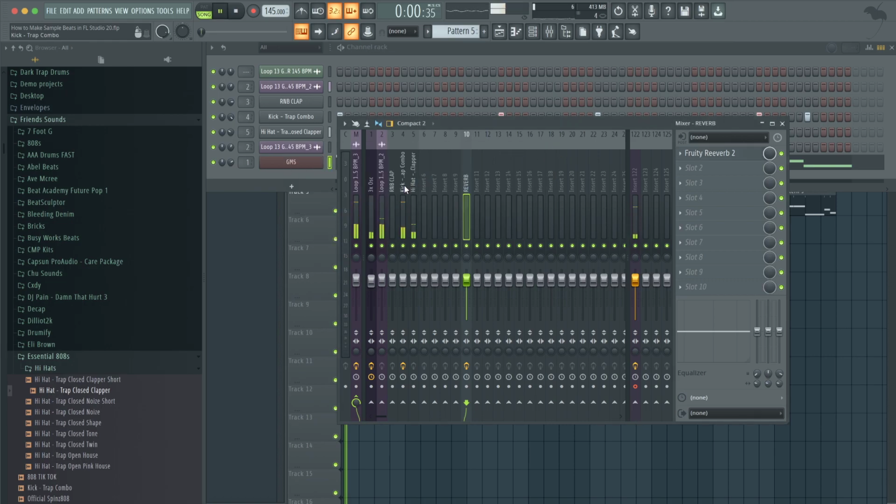So now let's send stuff to the reverb. Click on the instrument you want to send to the reverb, left click the up arrow at the bottom.